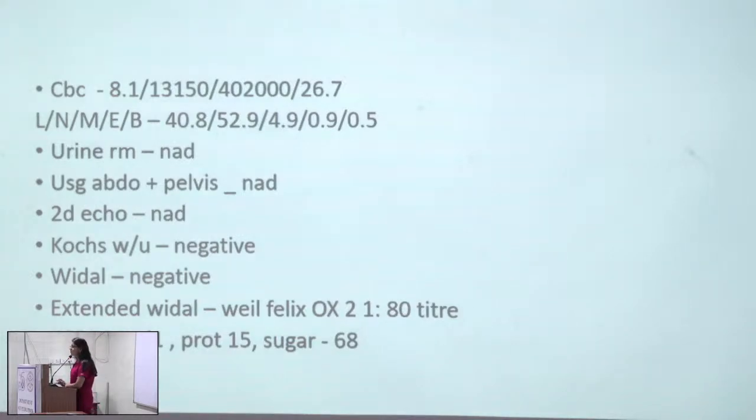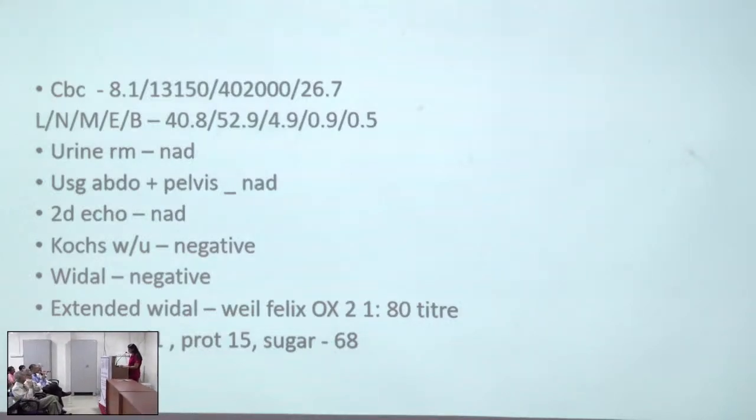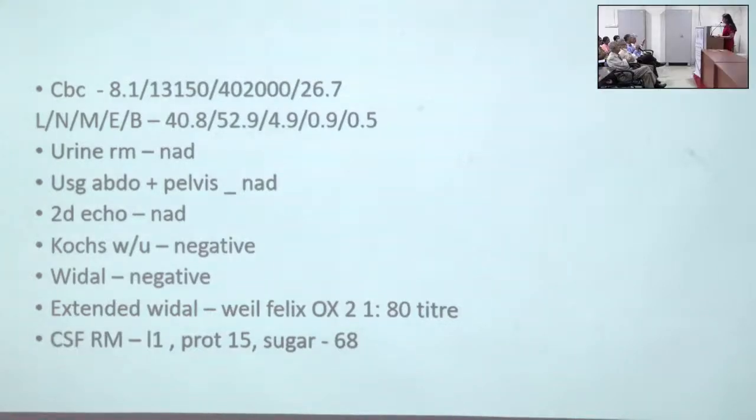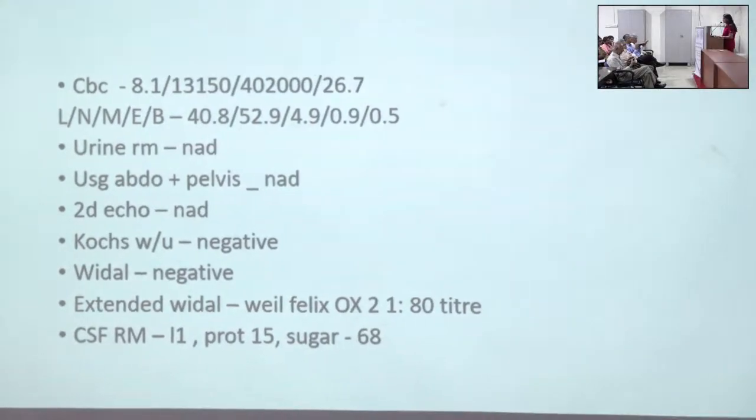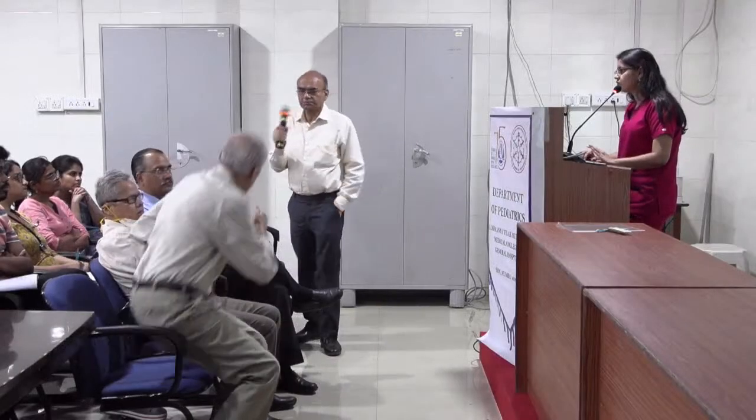A CT has been done for the child and the report is awaited. CT thorax plus abdomen plus pelvis. I thought you had written HRCT normal in the previous one. That was an outside investigation. Oh, okay. Plain and contrast? Yeah, just plain and contrast. That's it? Yes. CT brain was normal, done outside. Fine.